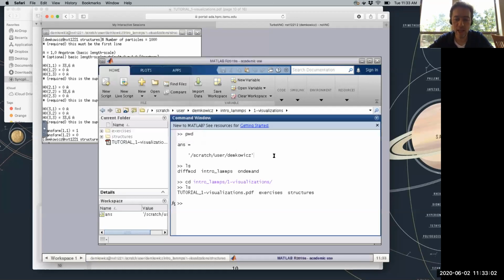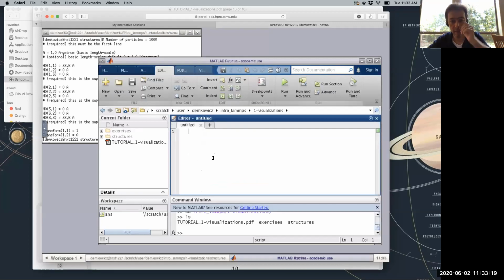I'm just going to go to Matlab, and I'm going to have Matlab do it for me. Now, the way that Matlab does things is you can write scripts. You can write yourself little scripts that you can run. I'm going to do that. I'm just going to press new script up here. Okay, new script. That opens up a window here for me.